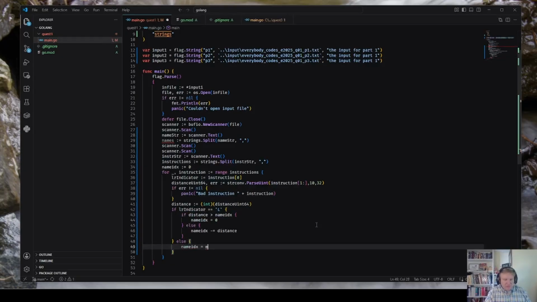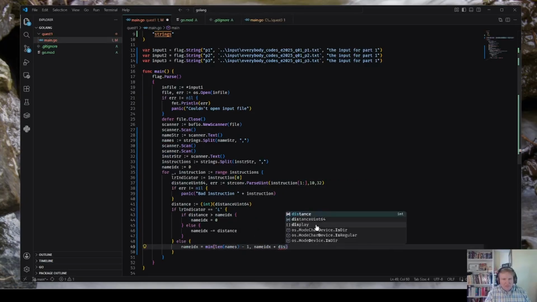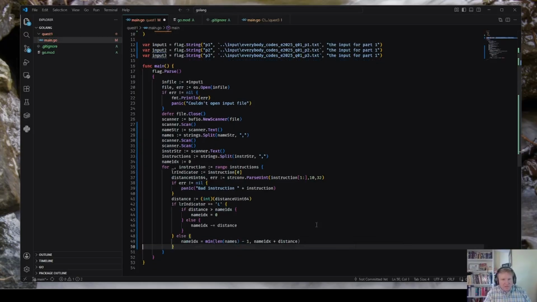X equals min of names minus 1 and name index x. Yeah, and this I could have done with max. You know what, I'm actually going to save that.